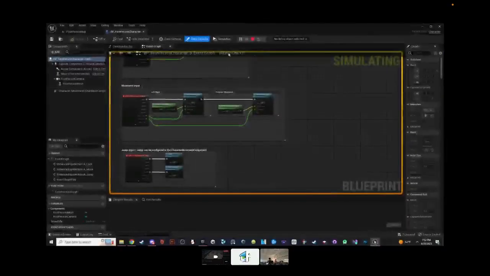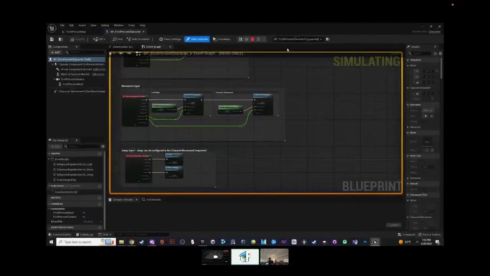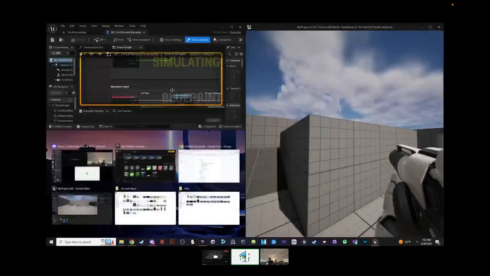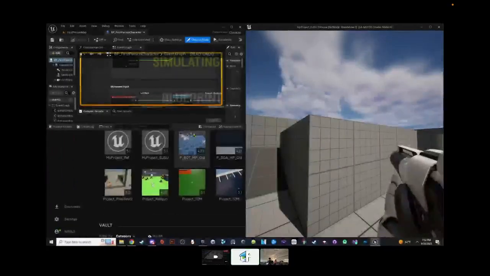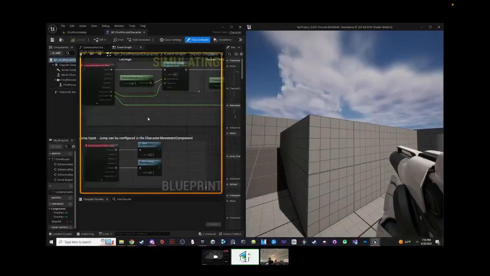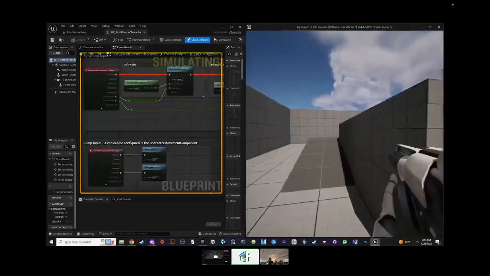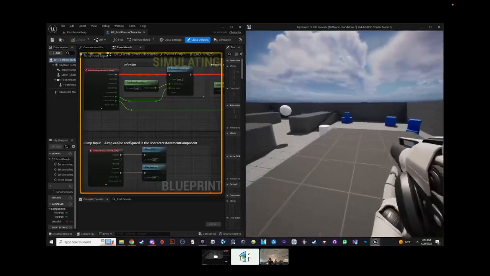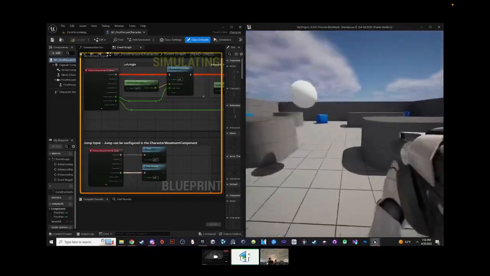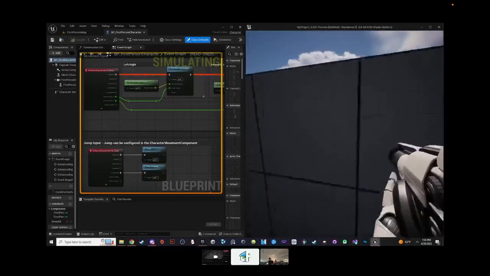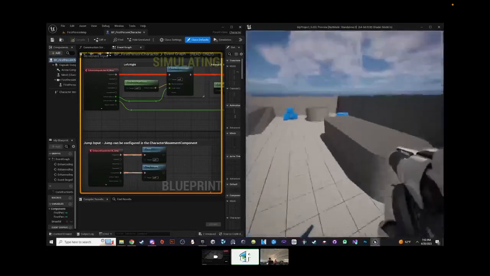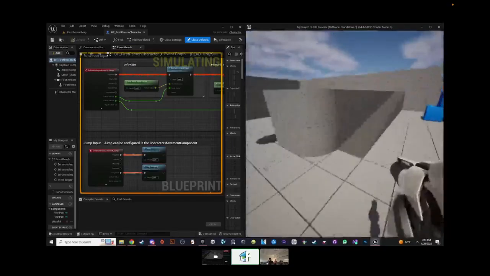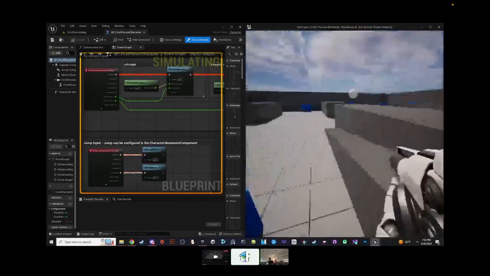So if you look at the interface, you mouse over here, no debug object selected. Well, let's pick one. The character that spawned in the world. Okay, cool, nothing happened. But let's double check that again. Let's try movement and jumping, because this is what we can't see. Yeah, you can see the nodes animated as well. So you can get a much more visual understanding of how your code works. That's one of the really cool things about Blueprint.